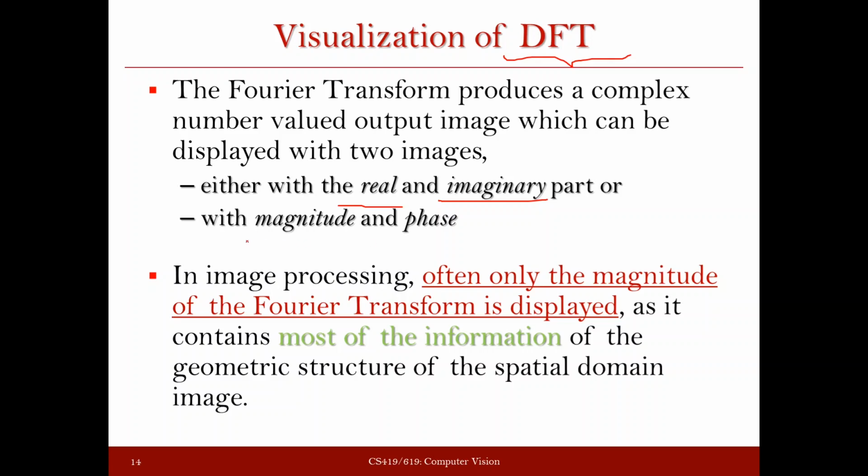Another is with the help of magnitude. This we discussed in the last class. Whatever Fourier transform you get, you just take the magnitude of it and then plot it. And along with the magnitude, we also need the phase to analyze it properly. So one option is that we plot the real and imaginary parts separately, and another option is to plot the magnitude and phase separately and then analyze it.